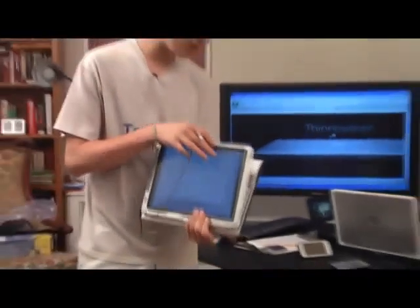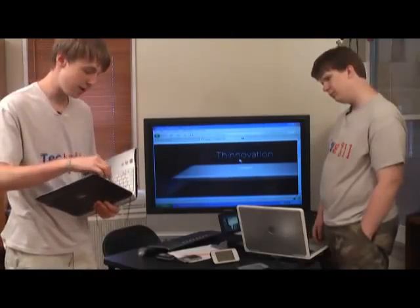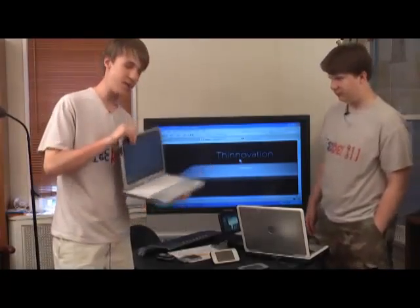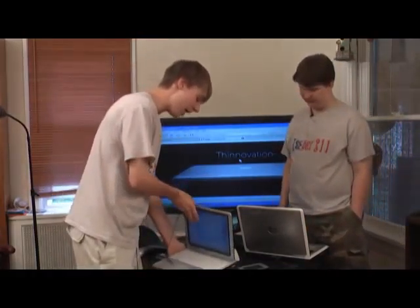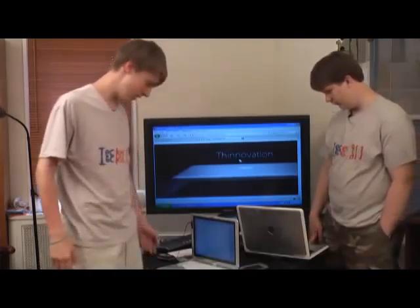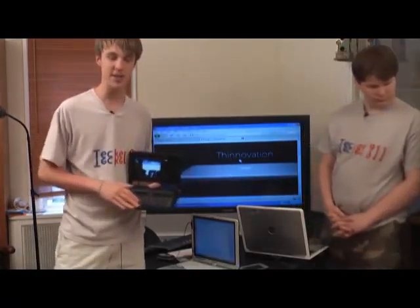And when I want it to work as a normal laptop, it folds around and I can use it in the conventional way. But something like this is a little more thin and light, and also a little more expensive, a little more portable. This was list price for about $2,000. So it is on the higher end, but it works as a full laptop, full Windows Vista, a really good processor. So those are your three choices: the pocket-sized and the mini laptop, which have pretty slow processors,